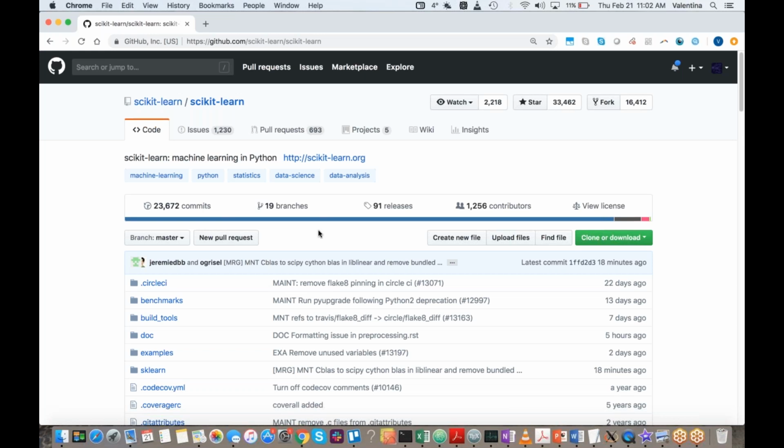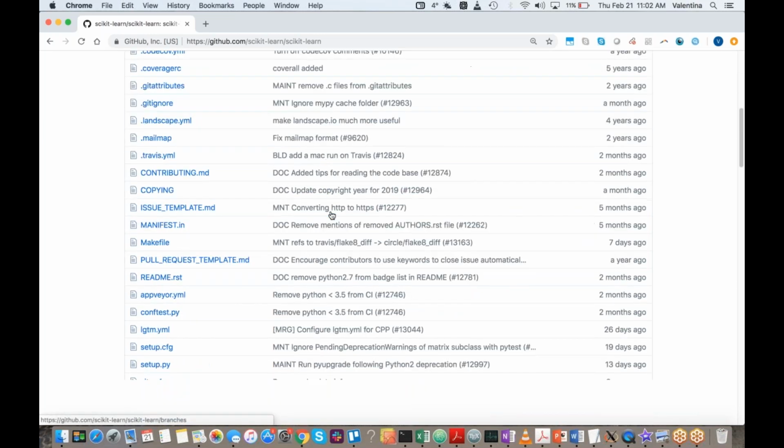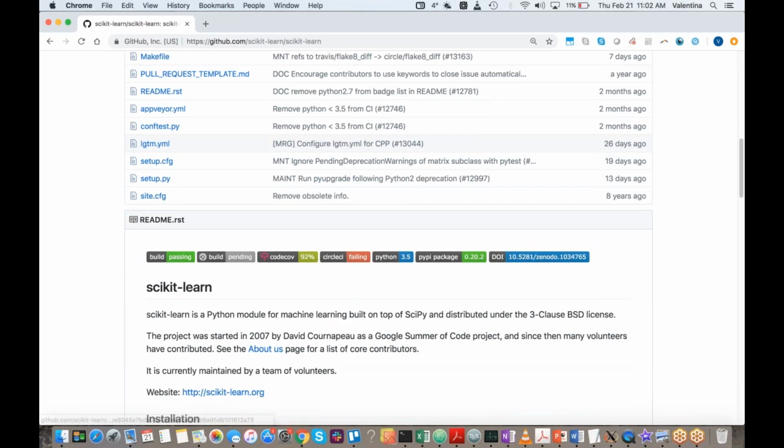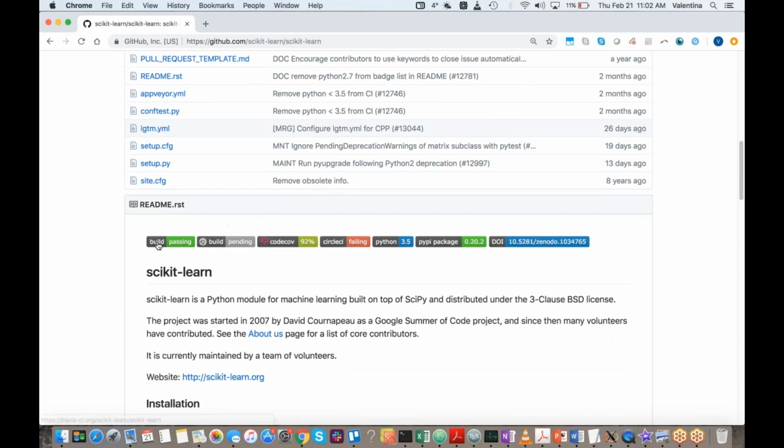So even if people decide on Python 3, there might be some slight differences. You can see that this is a big project and they have all these builds passing, build pending, and so on. So in order to deal with different versions of code, you see how you have Python 3.5,